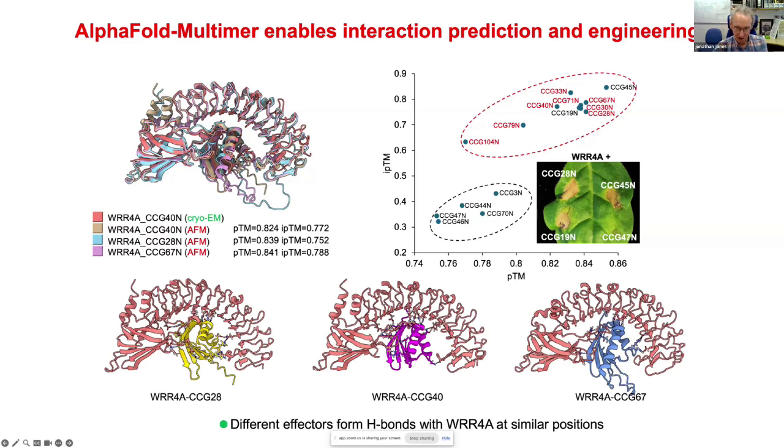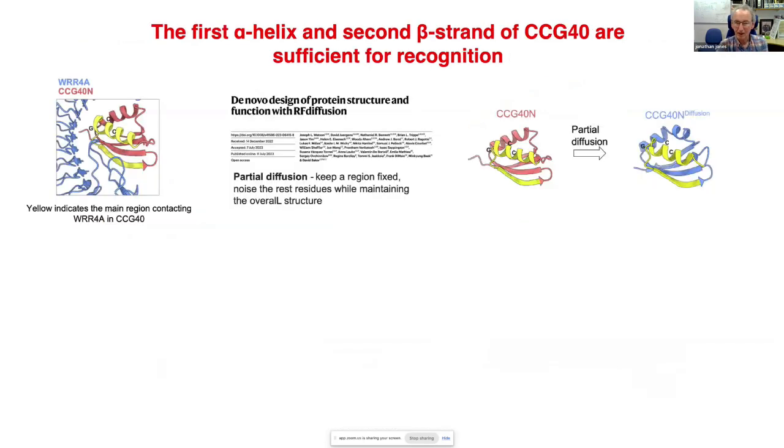Here are the predicted structures for the ones, for 67, that we didn't actually determine the structure for. So we predicted, based on this, well, you could say we determined, that this alpha helix and this beta strand were key to the recognizability. So we did an experiment where we kept these constant and then